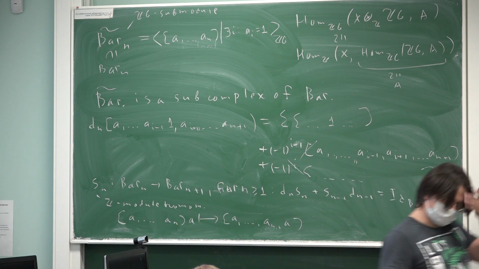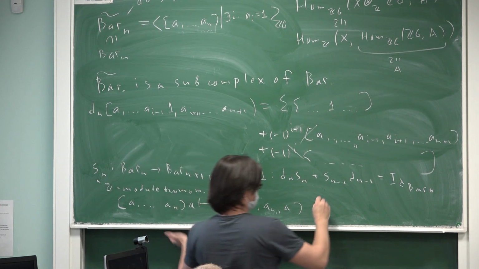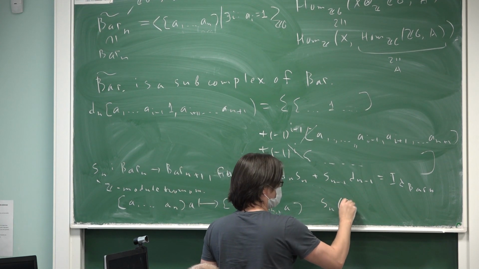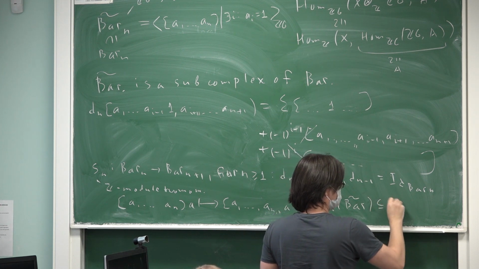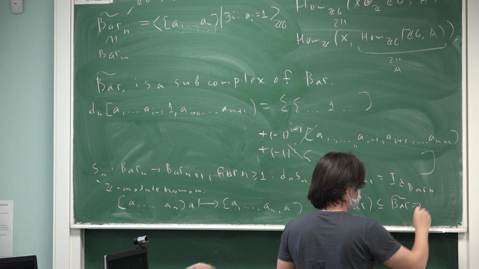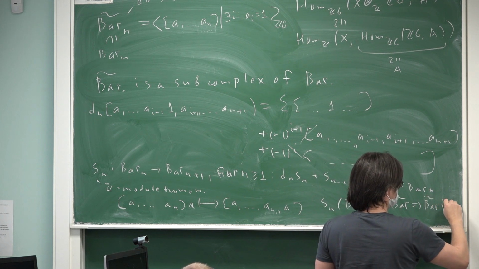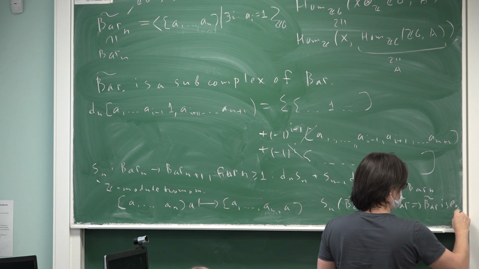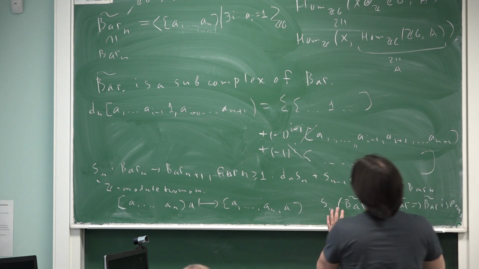It's easy to see that Sn of bar tilde lies in bar tilde, and hence bar tilde is exact. So the homology of bar tilde is 0, and